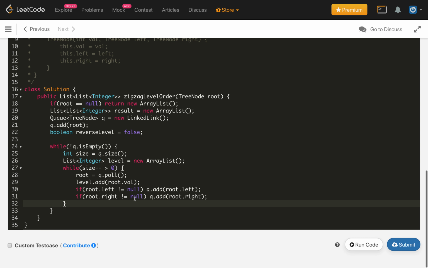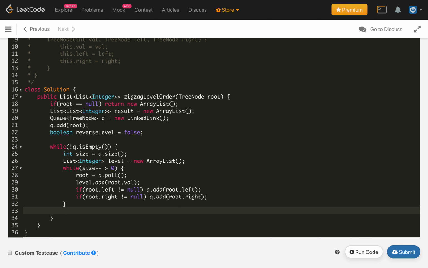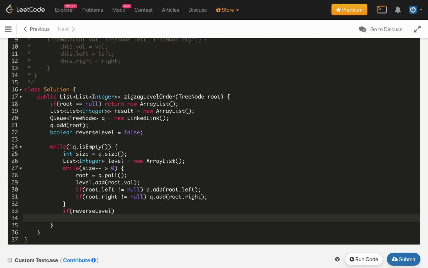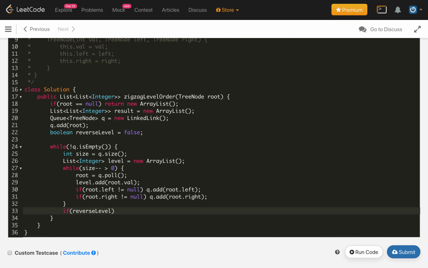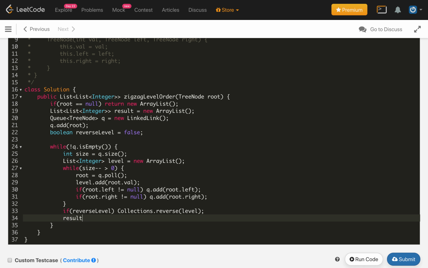After that, once we process the current level, we check if our reverse level variable is true. In that case, we reverse the list using the Collections dot reverse method, so we reverse this current level, and in the end we simply add it into our result.